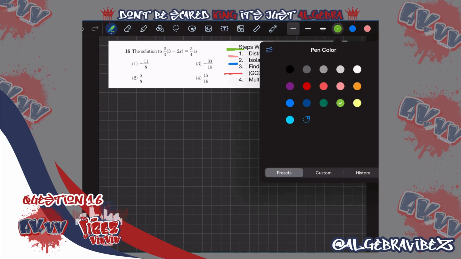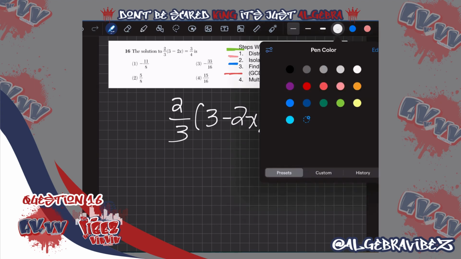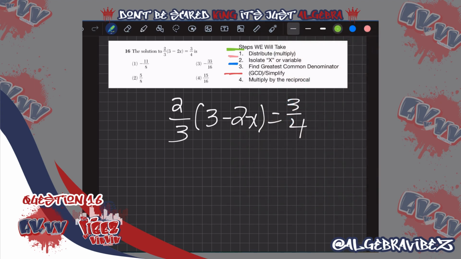The first thing I'm going to do is rewrite our whole equation like I normally do. I'm going to be doing a lot of erasing with this to keep everything nice. Then we're going to do the first step, which according to this, in green, is to distribute. So I'm going to break this down here, and I'm going to do 2 times 3 over 3, 2 again times 3 over 3. And then I'm going to do this one over here, which is going to be 2 times 2x over 3. That's going to give us